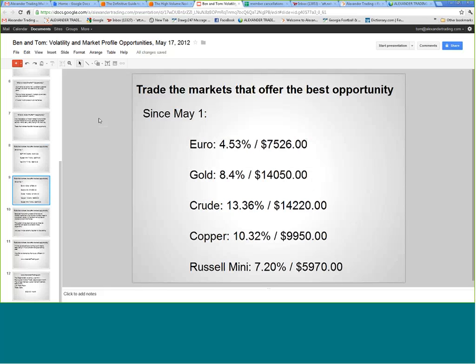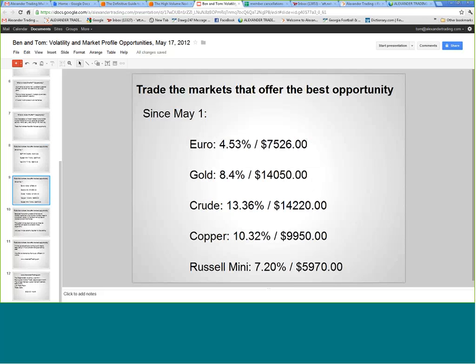On the other hand, these are even nicer moves, and these are contracts that match or offer for all practical purposes all the liquidity you need to trade. You know, the big myth about trading the stock index futures, well, they're liquid. Well, these are plenty liquid to trade, and these are not the only markets that are plenty liquid to trade. I could show you grains, tons of meats. There are tons of markets that are plenty liquid to trade that you can trade using these concepts.